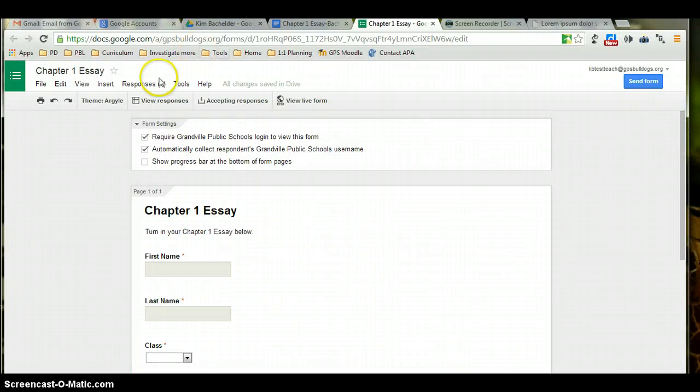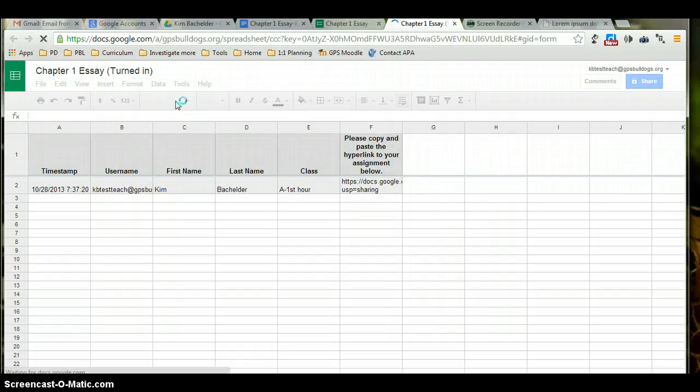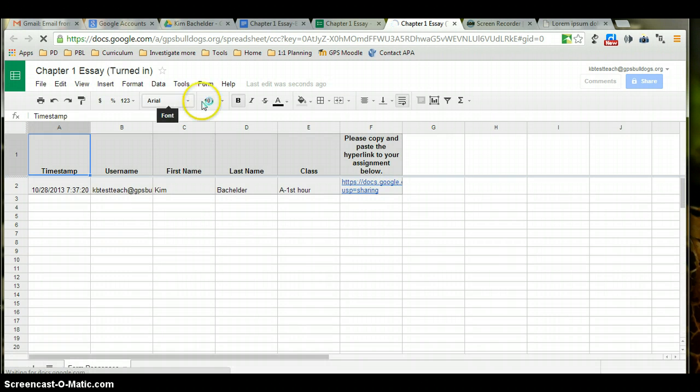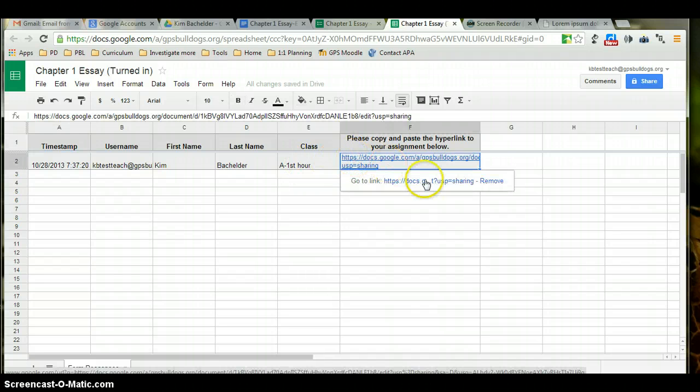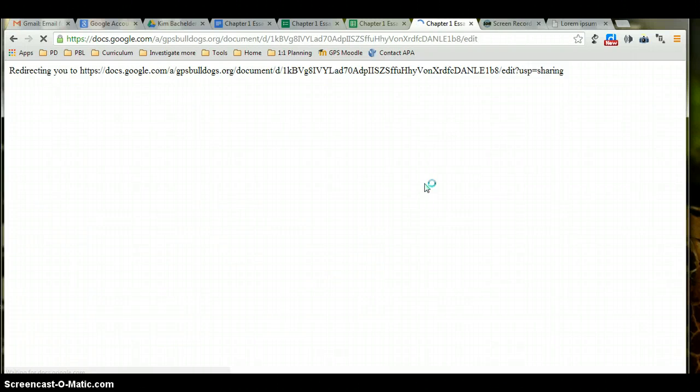And you'll notice at the top, now under responses, it says I've received one response. If I click on View Responses, it's going to take me to a spreadsheet showing me all those responses. So far, I've had one student turn in their work. That student happens to have the same name as the teacher. Here you'll see the time, the username, the name that they entered for themselves, the class that they're in, and the document. So if I, as the teacher, click on this hyperlink, I can go right to that document and